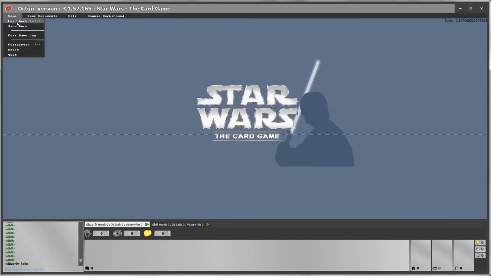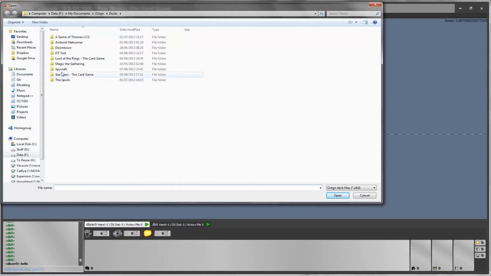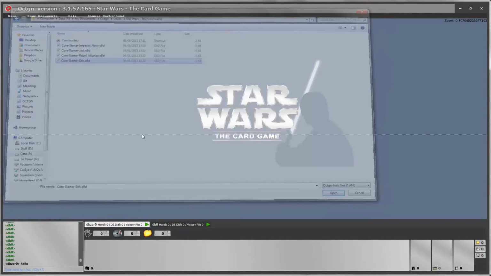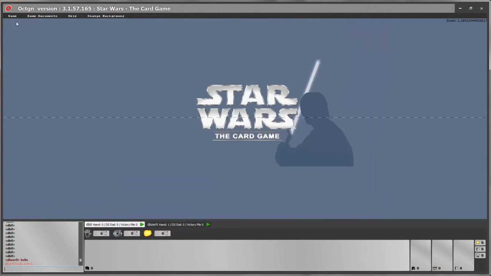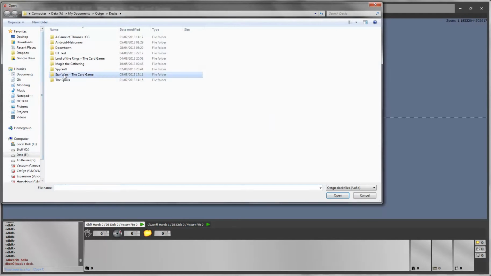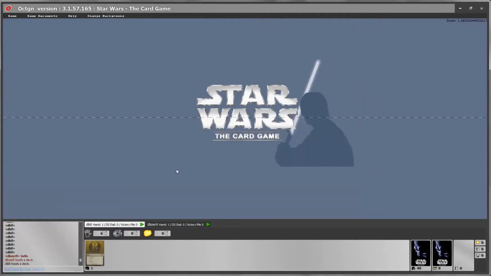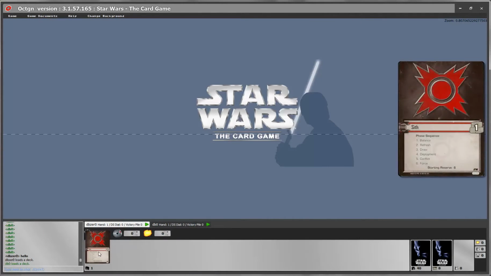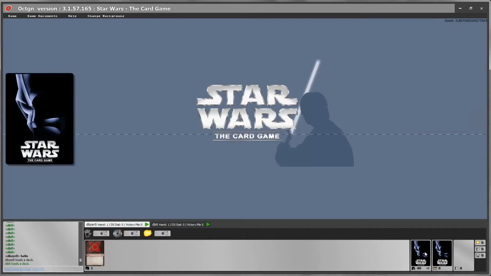To start the game, first of all, you need to load your deck. Let's start with one of the Sith decks for one player, and let's load the Jedi deck for the other player. Once you load your deck, you will see your affiliation on your hand, and then you will see your deck load and your objectives. You should have 50 and 10, depending on how many objectives you have in your deck. Obviously the starter decks have only 40 and 8.